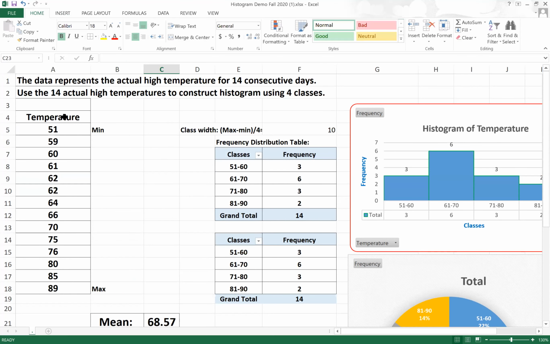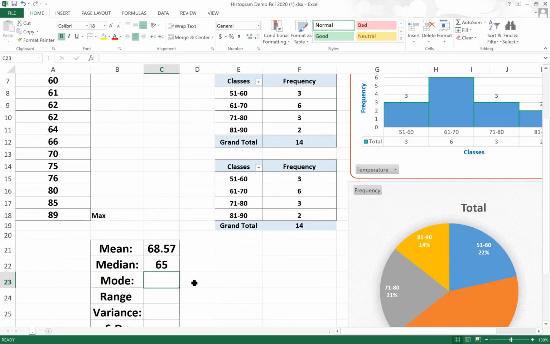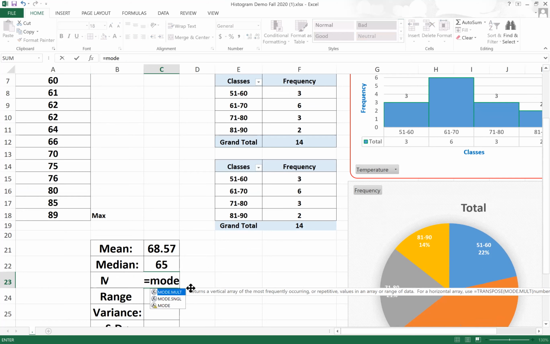Okay, and we can easily locate. So the median should be the average of the middle 2, right? So those two are the middle 2. If you average 64 and 66, you get 65. Okay, and then the mode. So about the mode, right? The only thing about the mode is